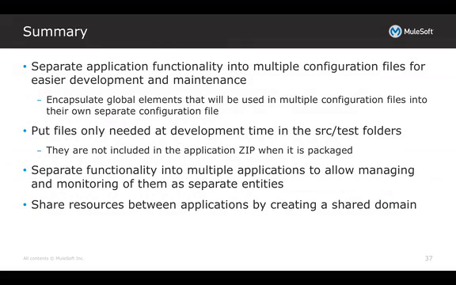We got to see separate application functionality and how we can split that into different configuration files. We specifically looked at encapsulating global elements into a single configuration file called global XML. We put files only needed at development time in the source test resources folder. This way, when we generated the package, all those schemas and ancillary documents we didn't need were not included in